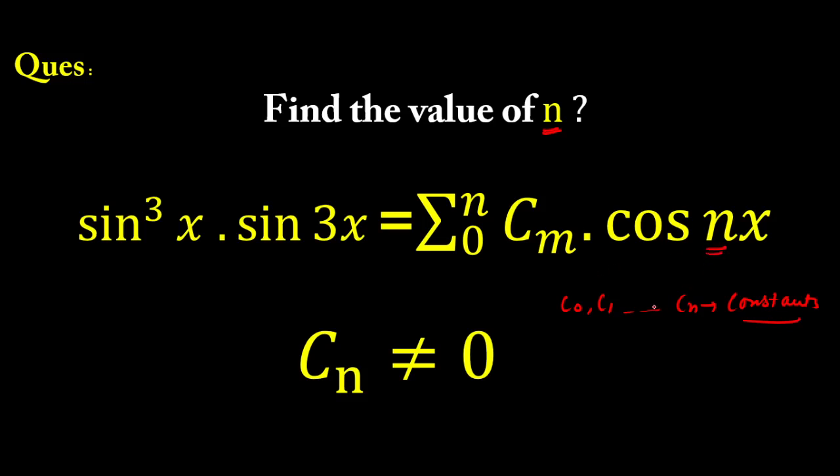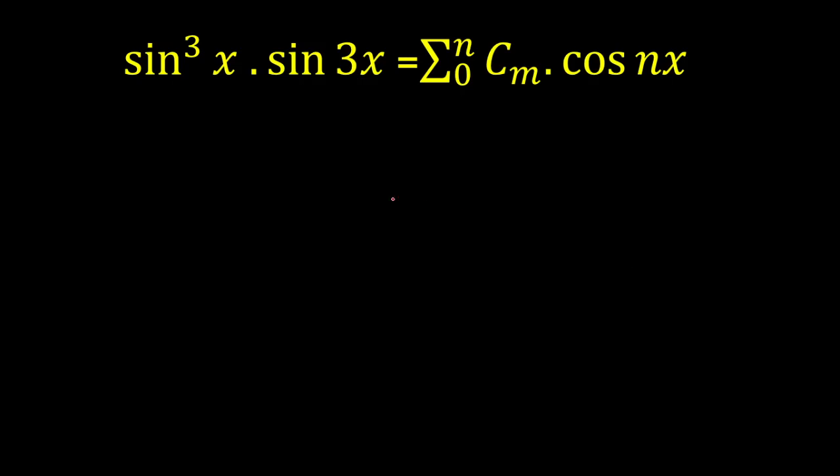So let's start with the problem. The given question is sine of x whole cube multiplied by sine 3x. I'm not getting anything by seeing these two, so all I can do is open the series as of now. Then I'll show you what the question is. I'm keeping this as it is. We have sine of x whole cube multiplied by sine 3x is equal to, now the summation is